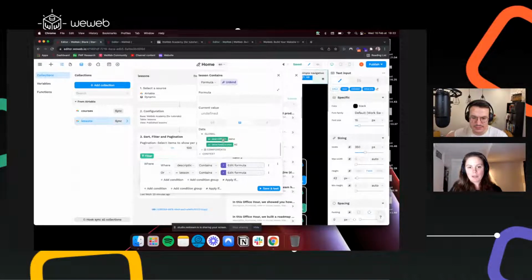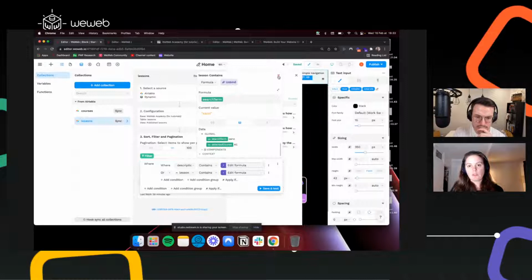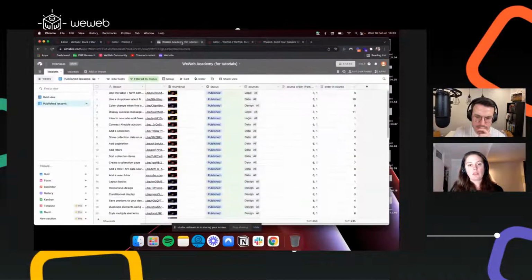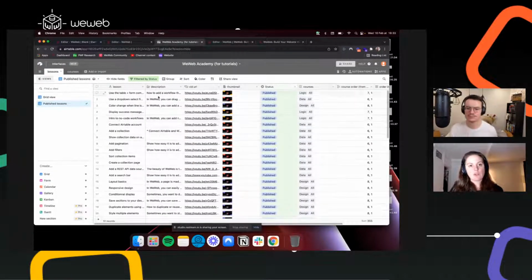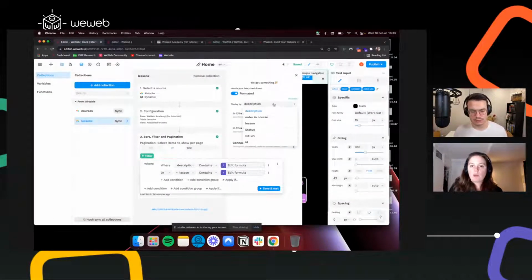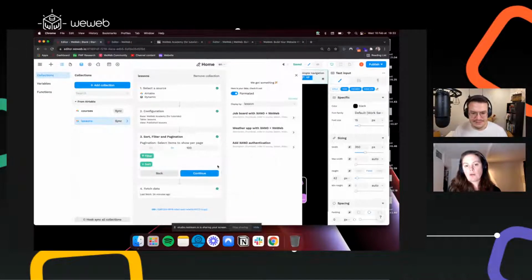But here we go. So this says if the description contains our search term, or if our lesson contains our search term, then we want to filter the data based on this. And the lesson, of course, is the text in this column, and the description is the text in this column. Okay, so now you see that we only have 3 lessons, because right now we have Xano as